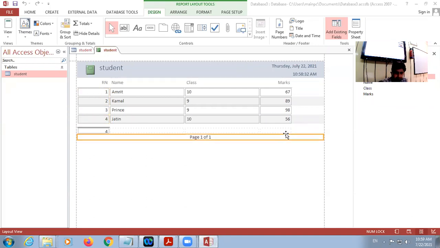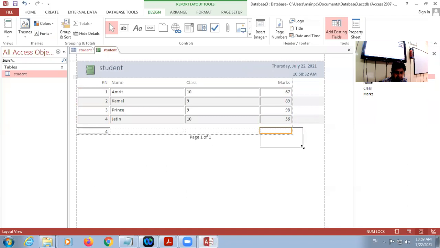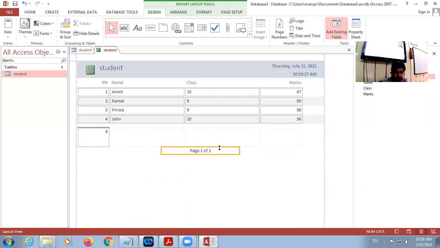So here we can change the settings, and this is how we can add or remove the different contents of your report. Otherwise, from a table we can't get the printout.